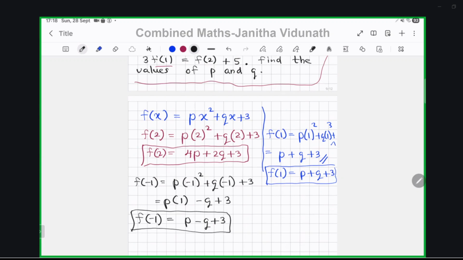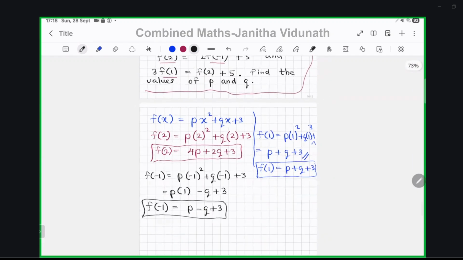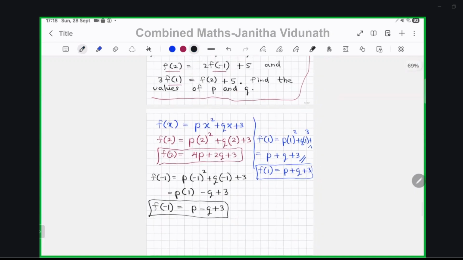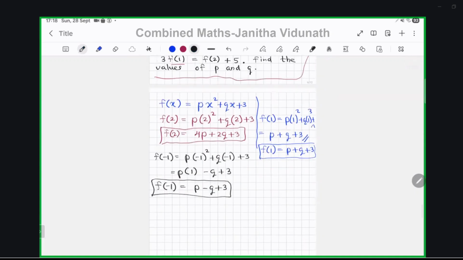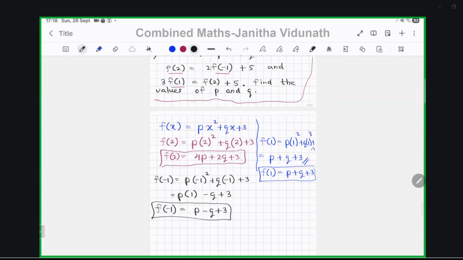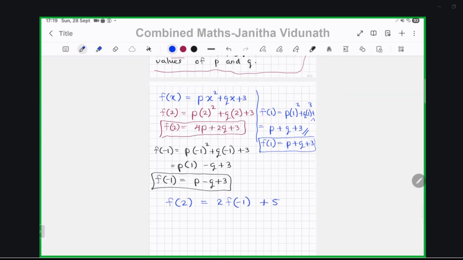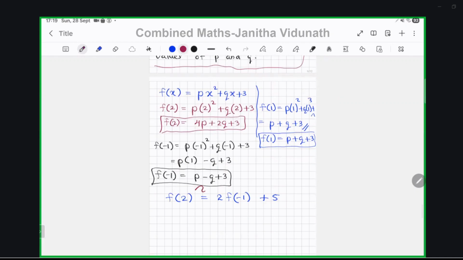This is the value of f(-1). Now they have given some data. First they give f(2) = 2 times f(-1) + 5. We have already found the value of f(2) and f(-1), so we need to substitute those values. Here f(2) means